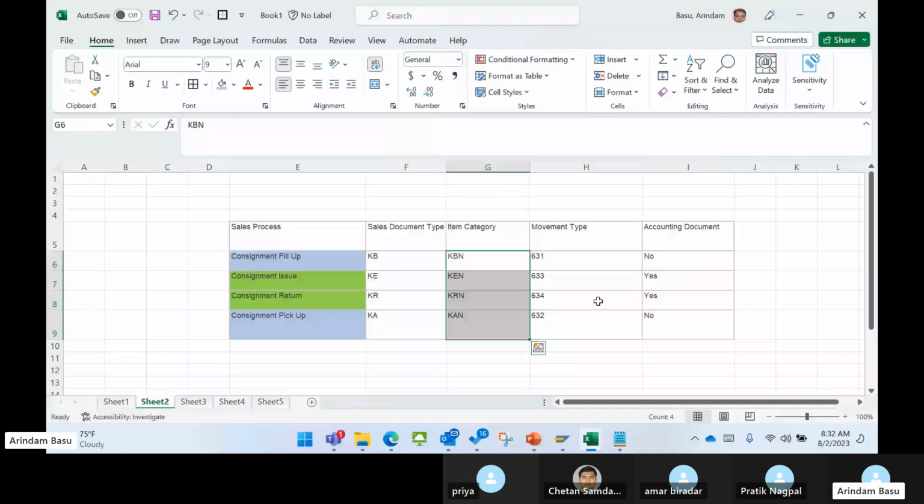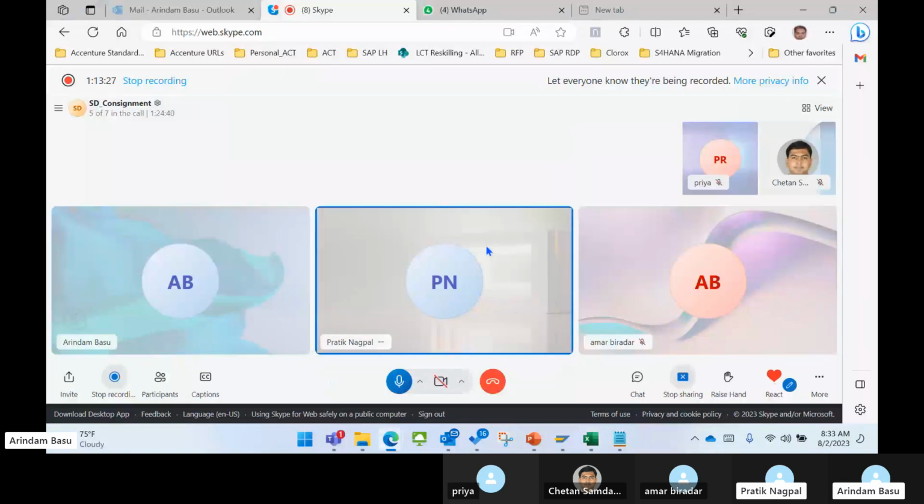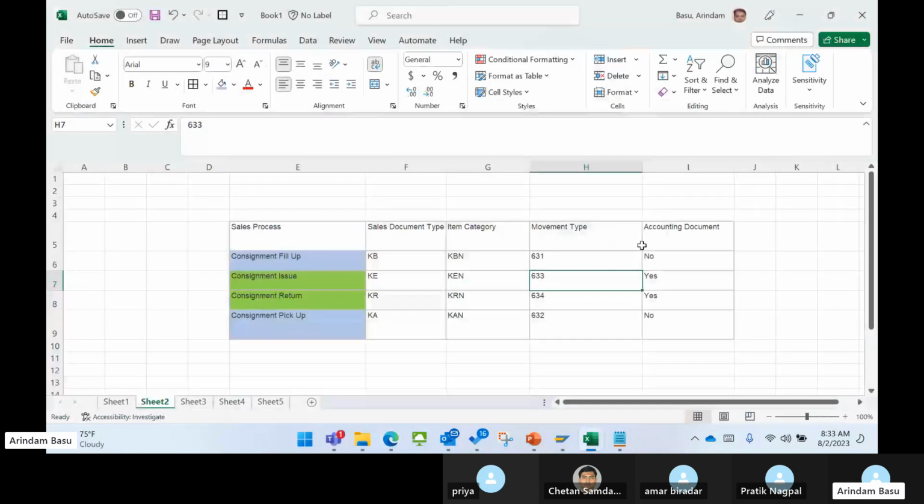So for everybody who doesn't understand the proforma invoice concept, I hope everybody knows, right? Chetan, Priya, sorry, Pratik, Priya, you guys know? Yes, pro forma invoice we have discussed before. Okay, then it's fine. So proforma invoice, वहाँ पे जहाँ पे no है ना, तो वहाँ पे proforma invoice बनेंगे